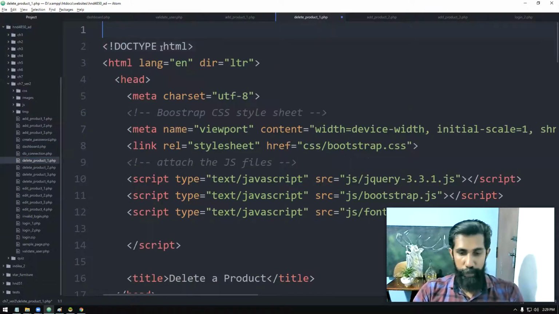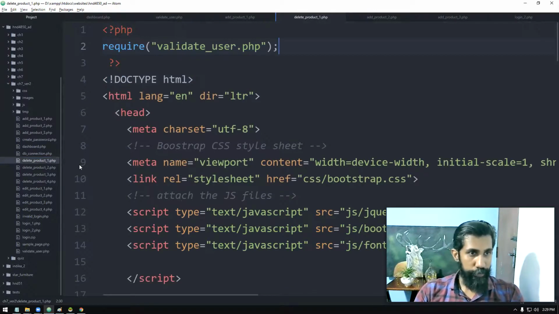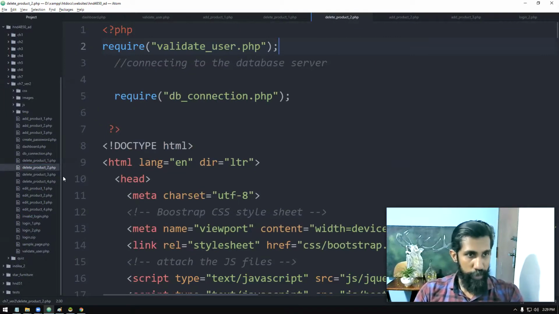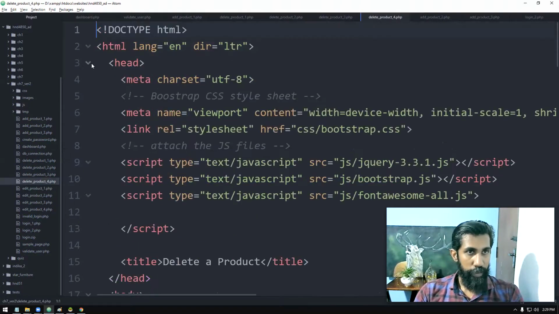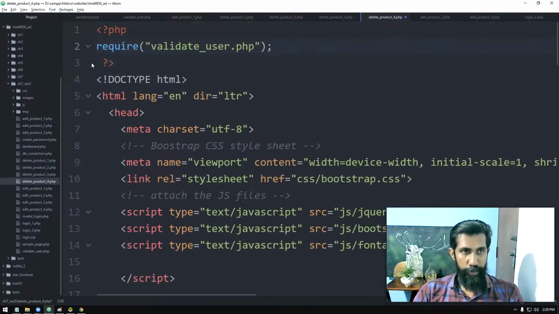Let's do the delete part. Done. Here also done. Here also done. Delete 4 page. Here also done.